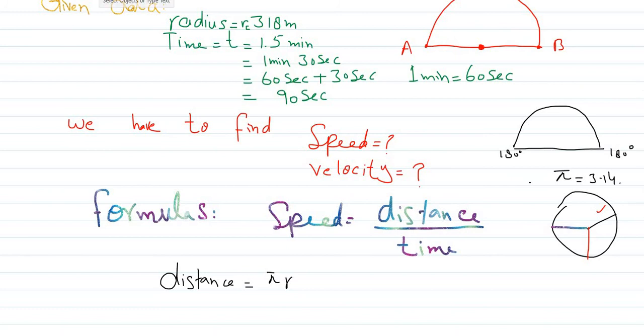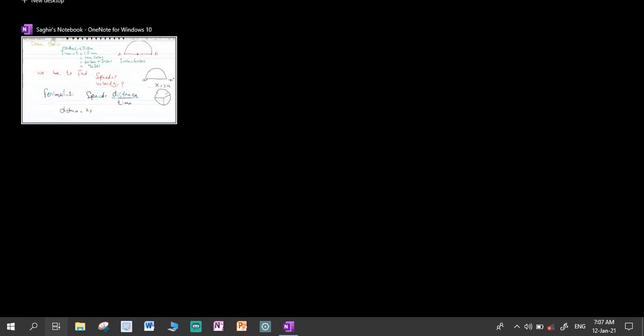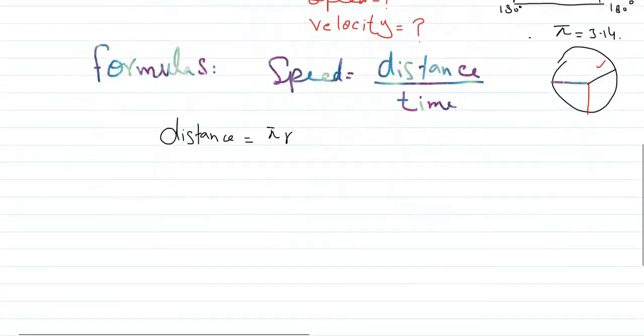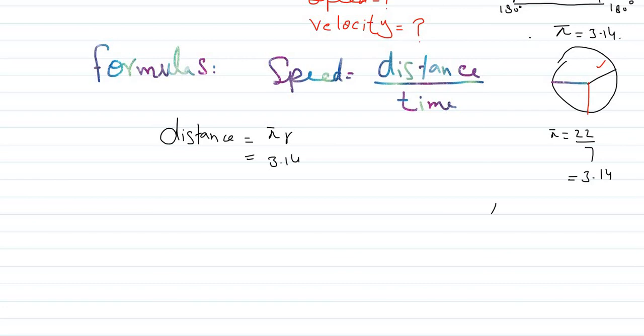Now here, just putting the values. The value of pi is 22 over 7. When we divide we get 3.14. So I am putting the point value of pi, that is 3.14. This pi you already learned in class 8, chapter number 9. Pi is equal to the circumference of a circle divided by